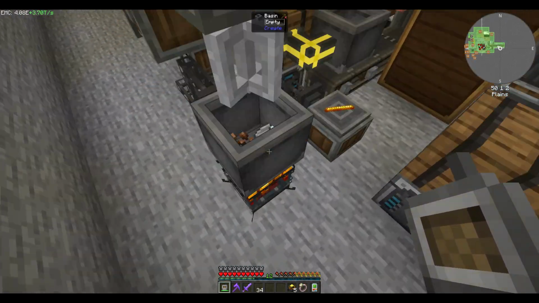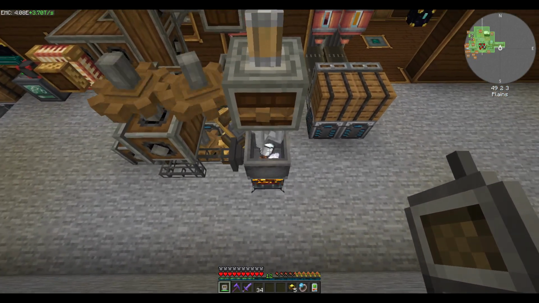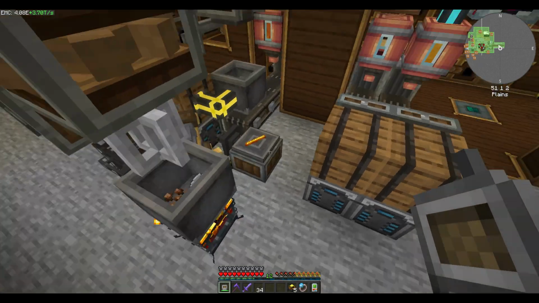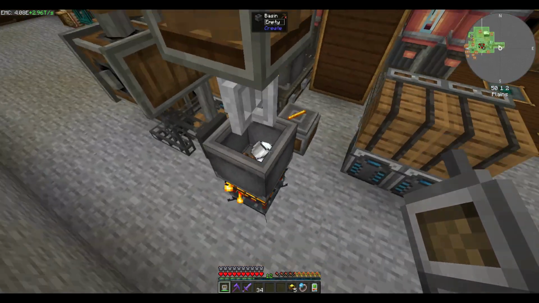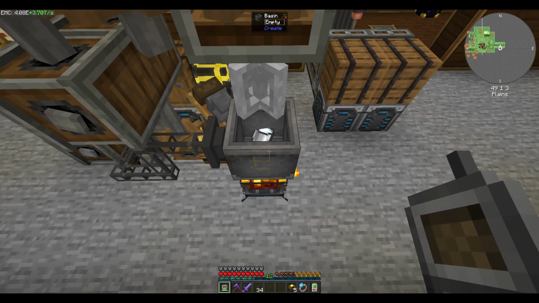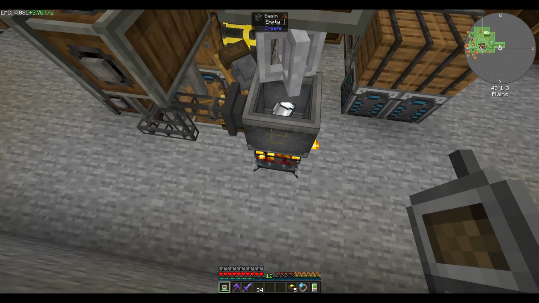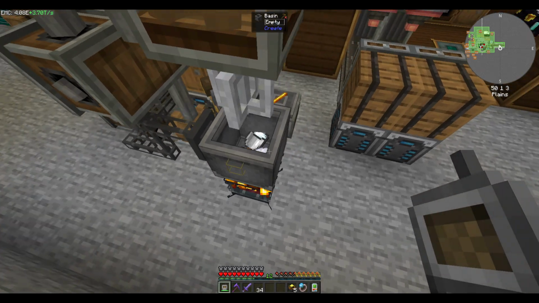Oh, and I put a bucket in there instead of the liquid. That's not good. Okay. So let's turn this back off. So we might have to do a liquid kind of like we did with these, like put a bucket in it and go across. Wonder if we can do a liquid exporter. I think these can be changed, right? Yeah. So